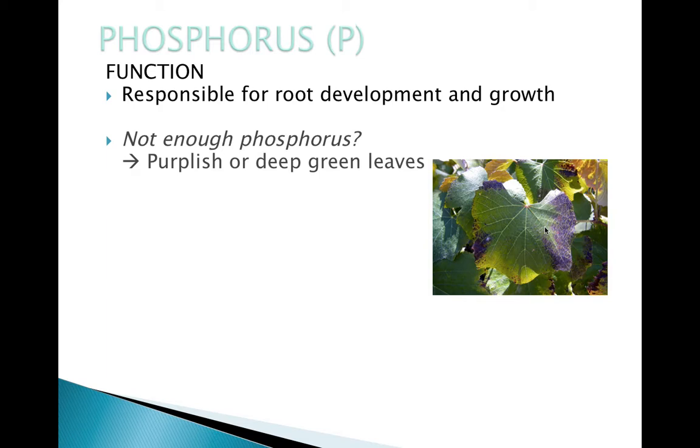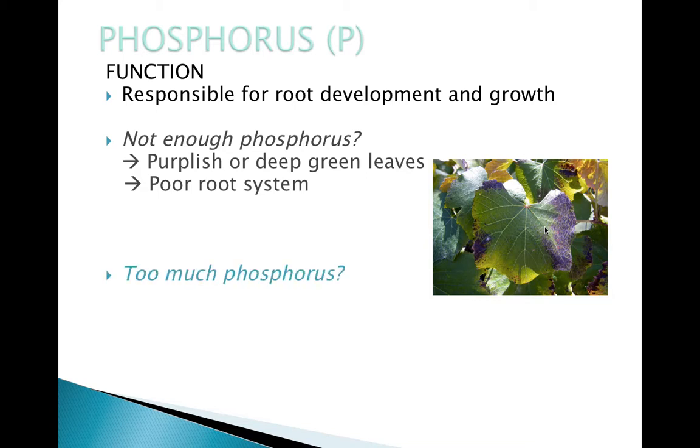But the reason is that most phosphorus is found in rocks, and it's really hard for rocks to break apart and flow through rivers and get to the water that we need to put into our soil, right? So it takes a long time to do that, which means most of our soil is phosphorus deficient, which can also lead to the plants having a poor, underdeveloped root system, so then they can't pick up as